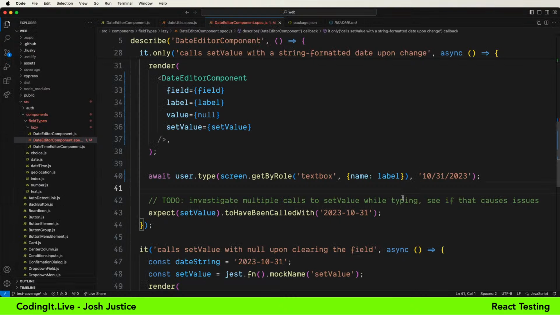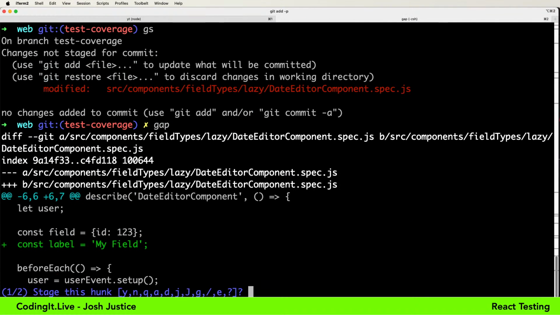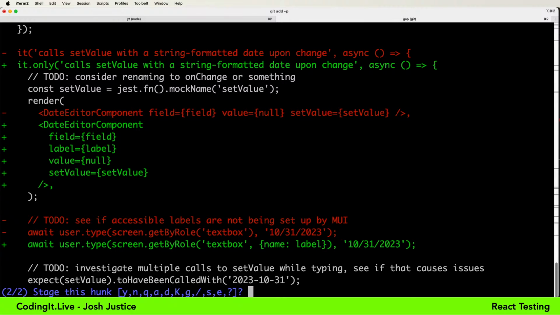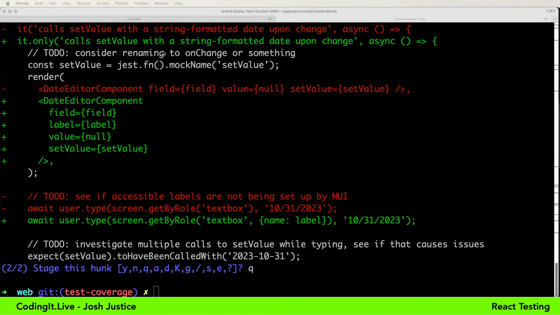Great, well, that was a pretty easy to do. Now let's think about this one here. Do I want to commit that change first? I probably do, yeah. And I don't think we need a separate commit for this, so I can just say add this, add this. Oh, I do want to get rid of the dot only though. Remove that, make sure it all runs.